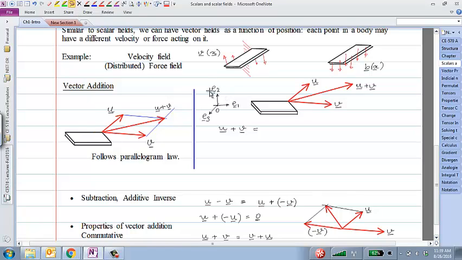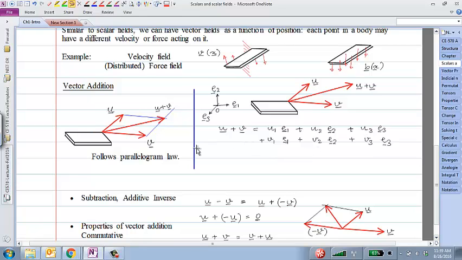Whereas if I were to use a particular coordinate system, E1, E2, E3, then I could express this as U1 E1 plus U2 E2 plus U3 E3 plus V1 E1 plus V2 E2 plus V3 E3. No surprises there. Just keep in mind that I'm underlining all of these unit vectors, and the scalar components are not underlined